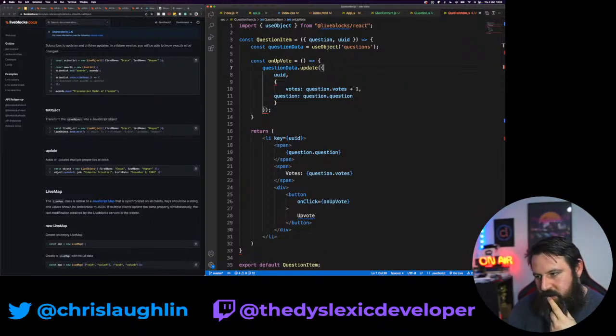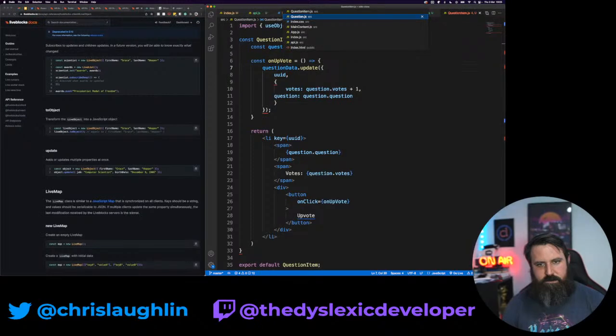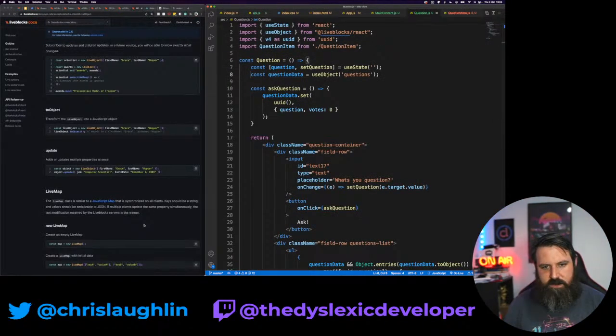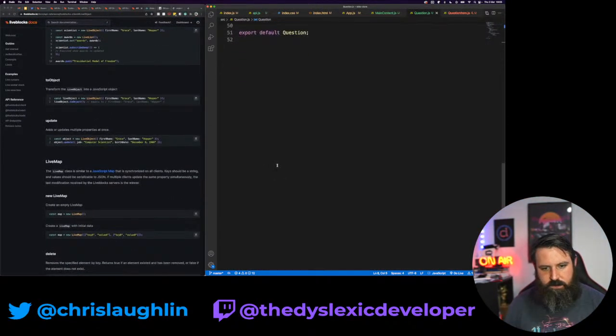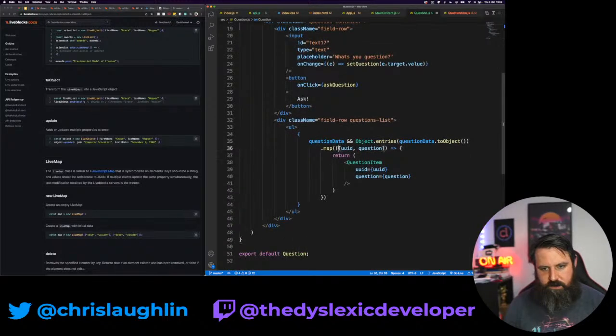That's maybe not going to work for us. The key should be on the file you're looping. So in here, so we're looping over, that's the UID, that's the question.